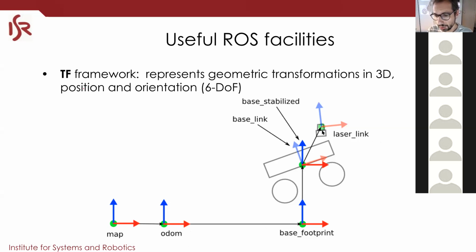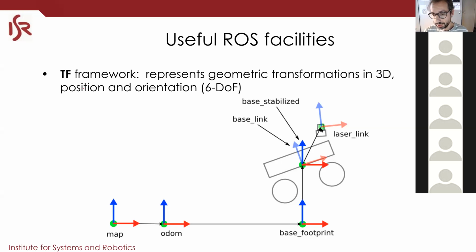And you can have the same for the robot. So in this case, the robot is climbing something. Typically, the base link is a name that is called the frame of reference attached to the body of the robot, okay? And then you have a transformation, which tells you where the laser is with respect to the robot, okay? And this arrow over here represents a coordinate transformation between these two frames, okay?